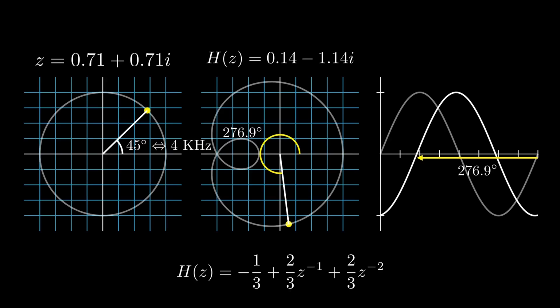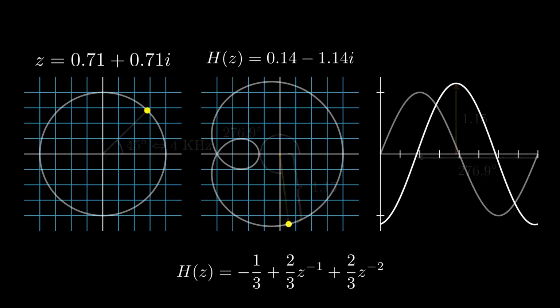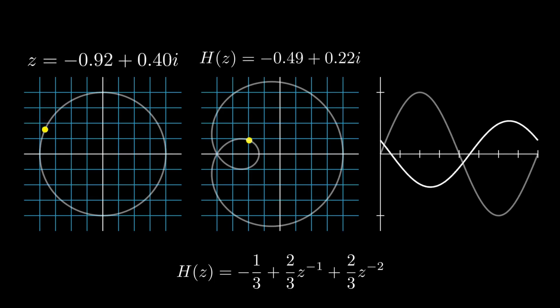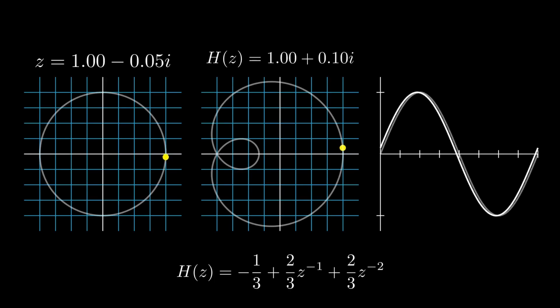The magnitude of the transfer function output at this Z value is 1.15. The magnitude tells us how much the filter attenuates or amplifies the corresponding input frequency component. Continuing with our example, if we pump in a 4 kHz pure tone into our filter, that same pure tone will come out of our filter, but with a magnitude that is 1.15 times the magnitude of our input pure tone. By evaluating the transfer function at every Z value along the unit circle, we can determine how the filter modifies the phase and magnitude for the entire frequency spectrum of our input signal.